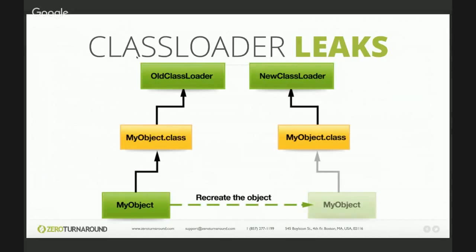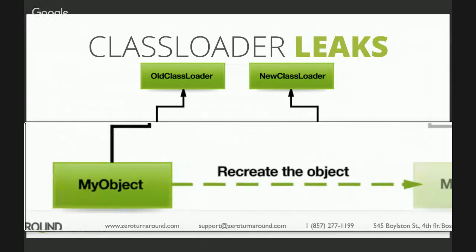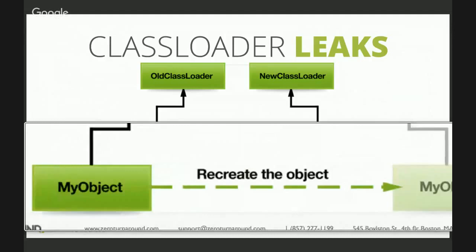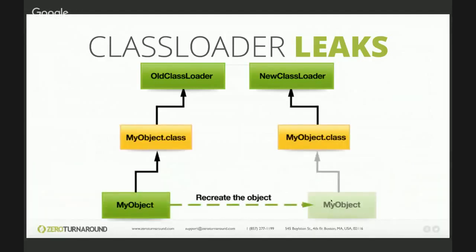I'm going to then try and recreate all my objects and potentially carry state across. And this is the problem area right here, where we recreate the object and we pass state across. If there is a problem in passing the state across, we're going to get a little bit of hangover there. And if we do leak this single object when we're trying to pass that state across, we're not just leaking the object, we're leaking the class, and we're then leaking the class loader,